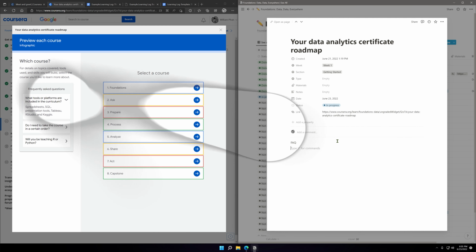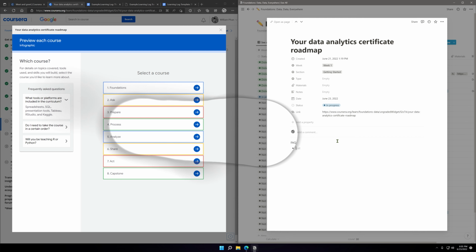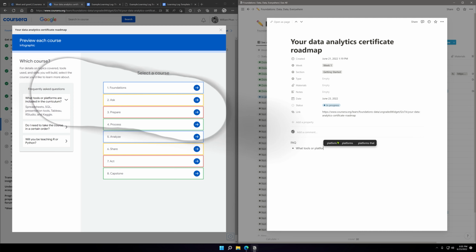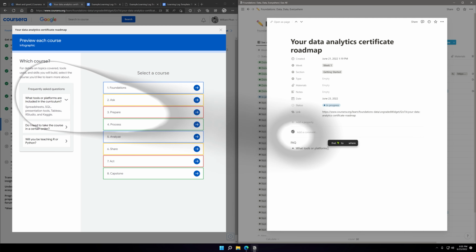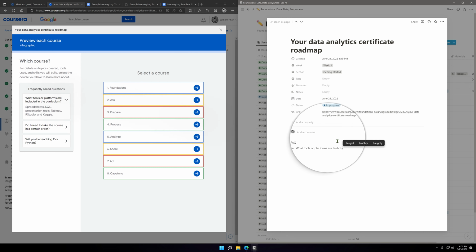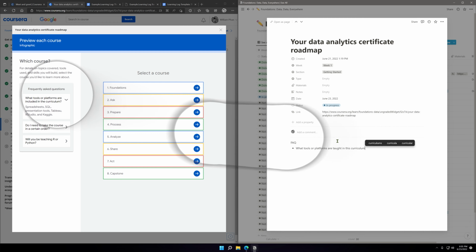FAQ. What tools or platforms? This curriculum.